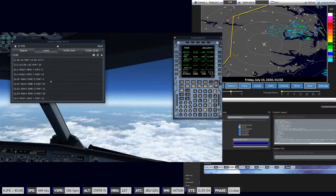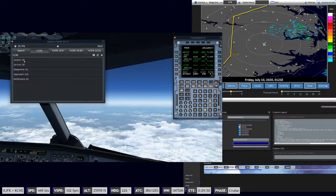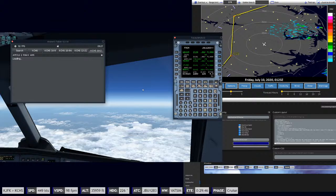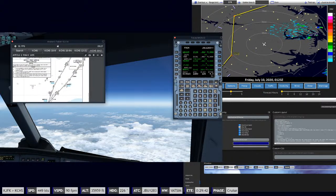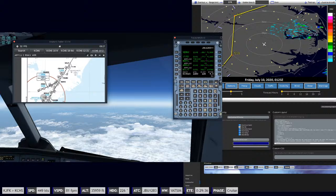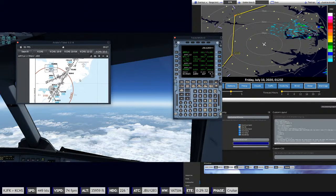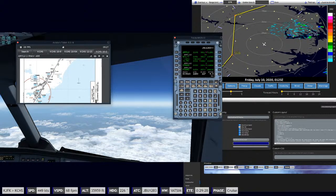Approach. We have Zulu 5. There we go. So Bottle at or above 240, Amaloo between 230 and 1 per 1,000. To Crawl at above 11. If we're going to Crease,